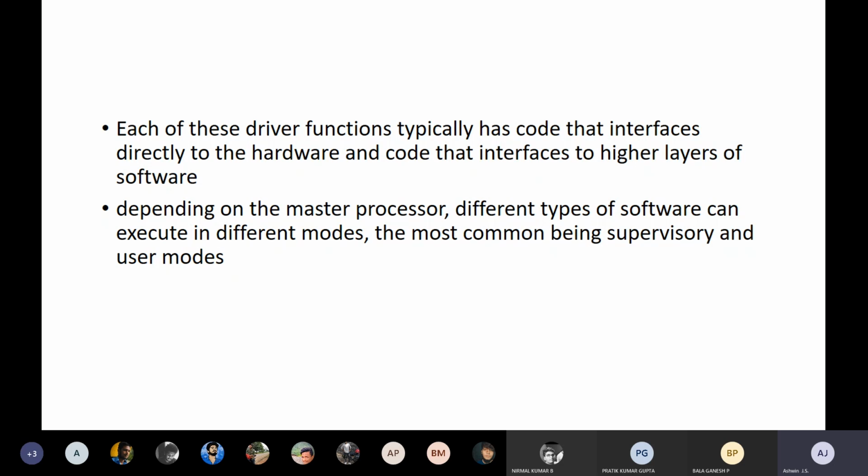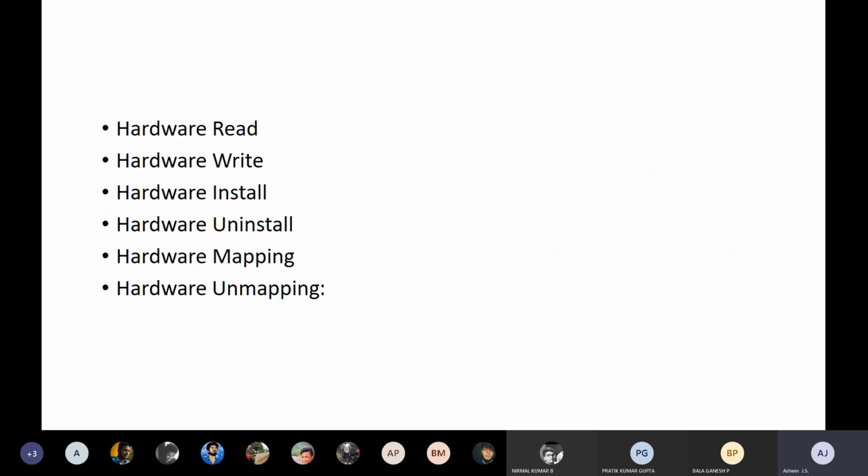For all this, I am writing the code. The code is used for the software, and when you move that slider, the brightness of your display changes. The brightness of your display represents the hardware. So I am writing the code to interface your application layer with your hardware layer. That is the first point. The second point is that depending upon the processor there are two modes: one is supervisory mode and another is user mode. What are supervisory mode and user mode? Supervisory mode has a lot of features, and user mode is nothing but